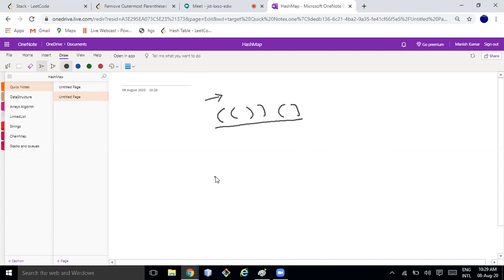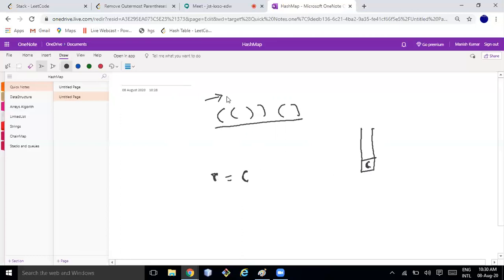Some result is there, let's say R. If I'm getting an opening parenthesis, I can add it into the result, as well as push it into one stack. There are other ways also, but because I am explaining the topic of a stack, I thought of explaining using a stack only.